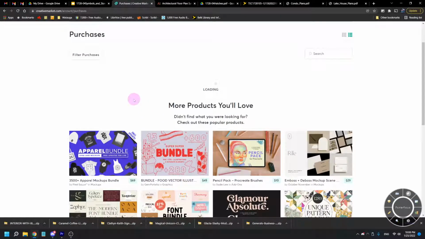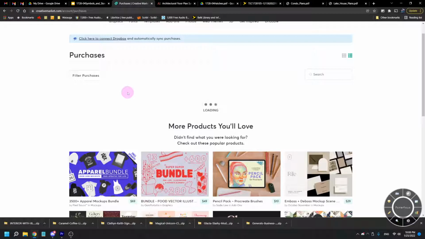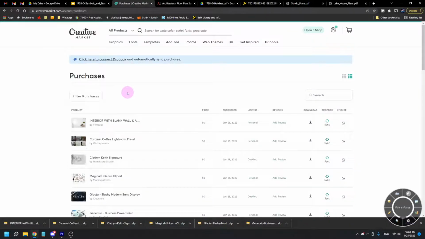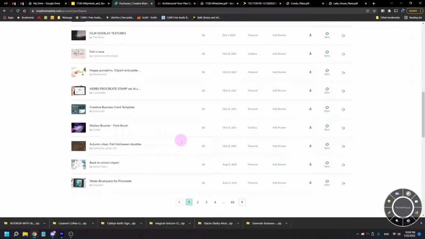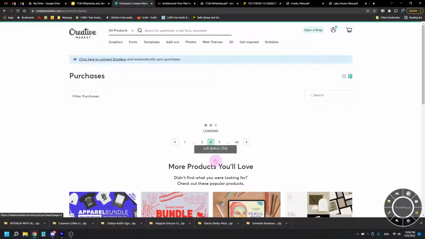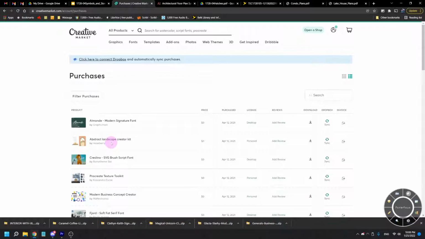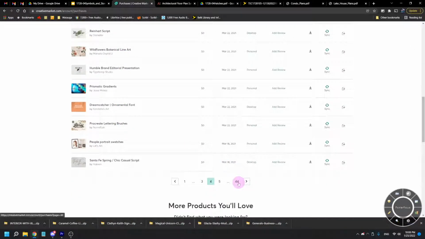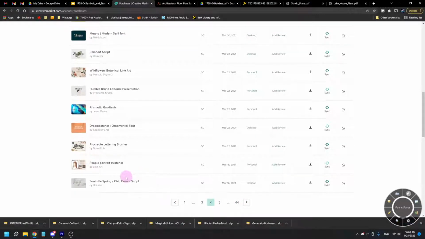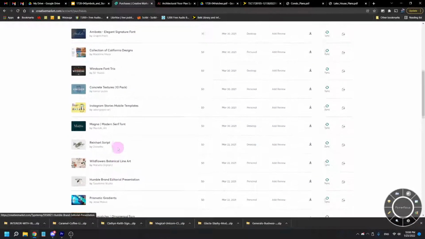So here in my purchases, here in my garage, I have then everything I've ever downloaded from them. And after this week is up and this interior with blank wall is no longer free, I'm still going to have access to it forever. So I use this a lot just for finding fonts. You never know what you're going to use in the future, and just to be able to have this 44 pages of just different fonts and different vectors and things to put